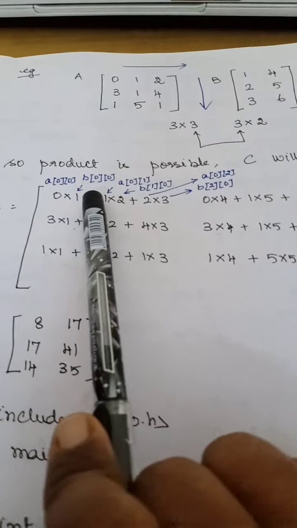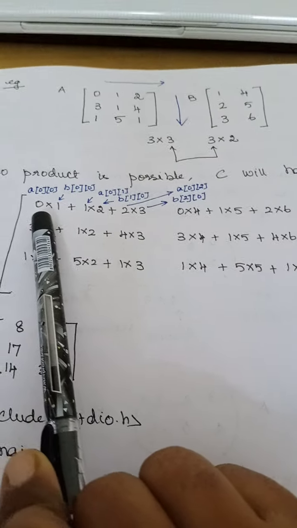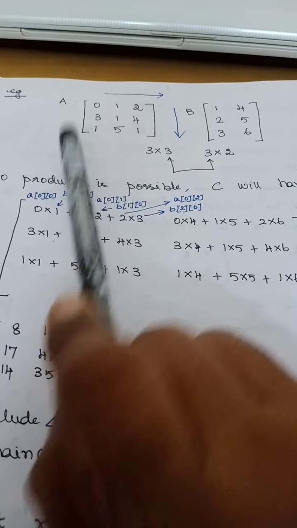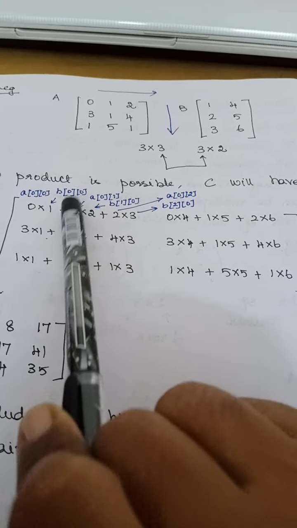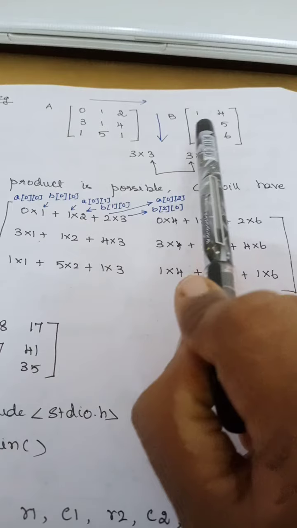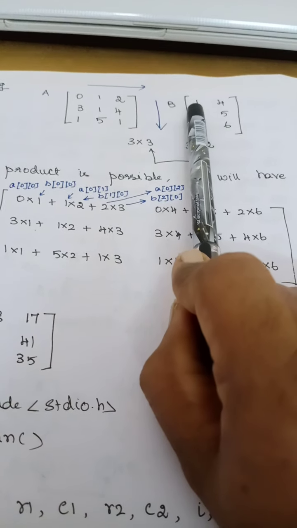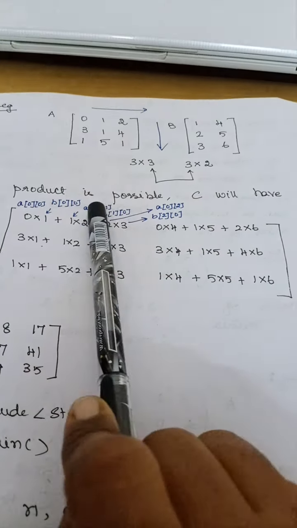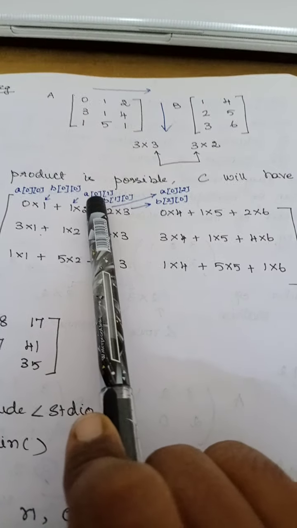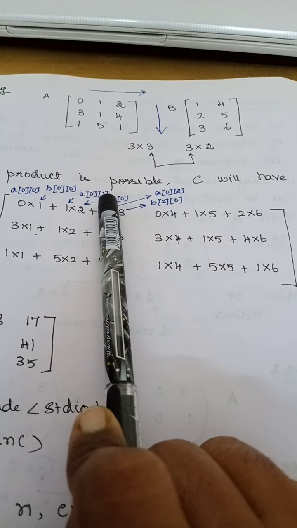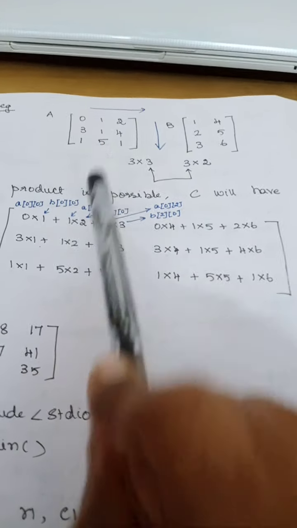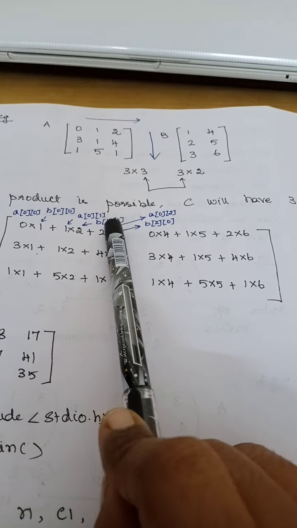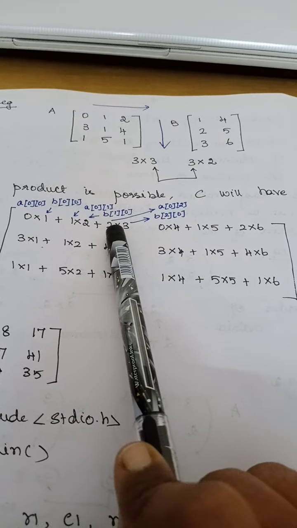Now when you see here, I have written 0, that means 0th row 0th column. So I have written A of 0, 0. And what I have multiplied it with is the element of the B matrix. So again I am taking this B value as 0, 0. Next, 1 I have multiplied with 2. What is my 1? A of 0, 0th row, first element, that means second column value. Similarly this 2 I am taking as second row, first column value. So B of 1, 0.